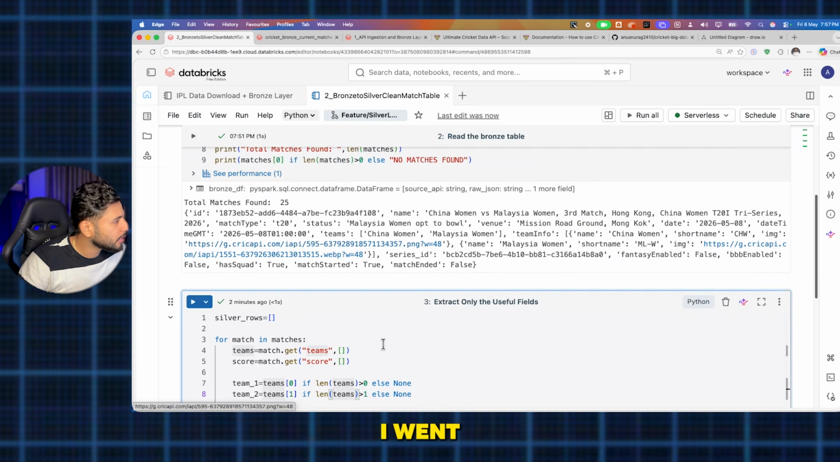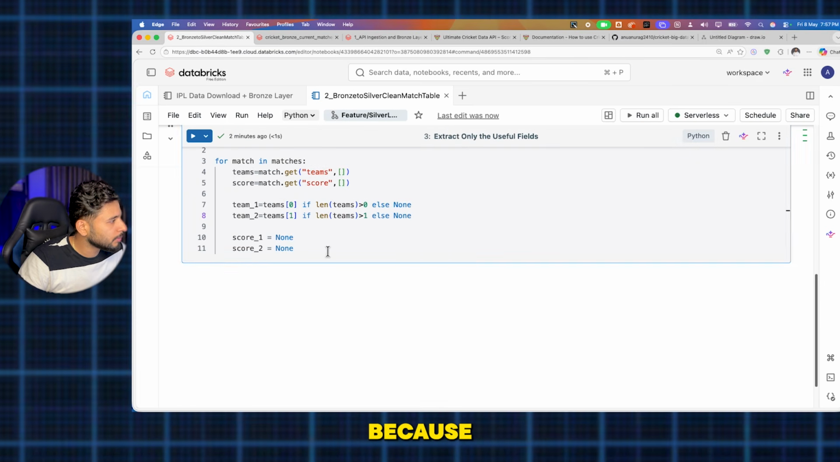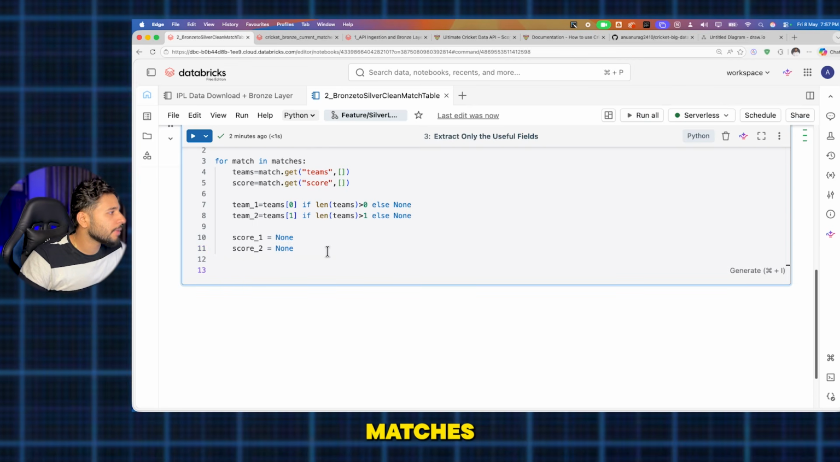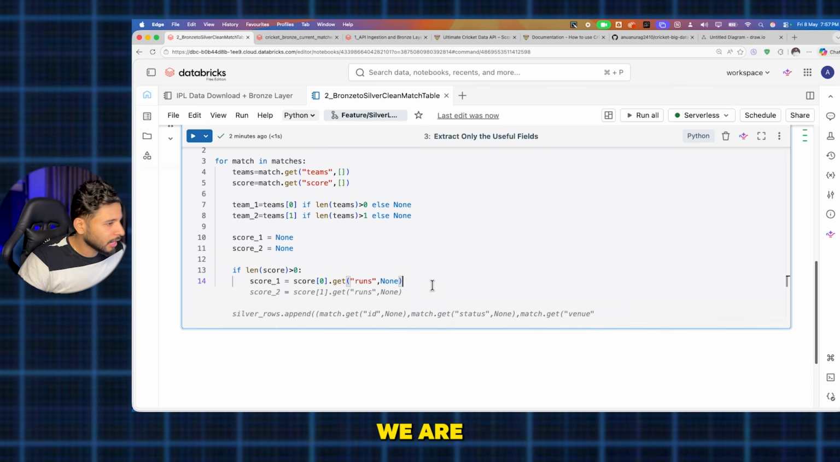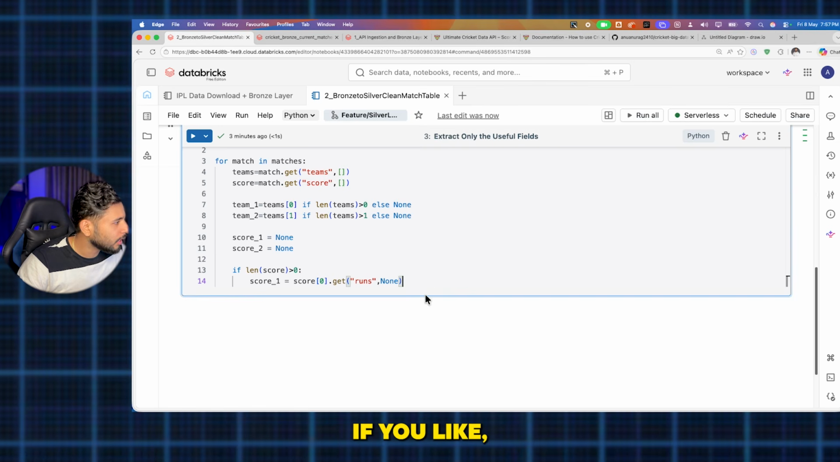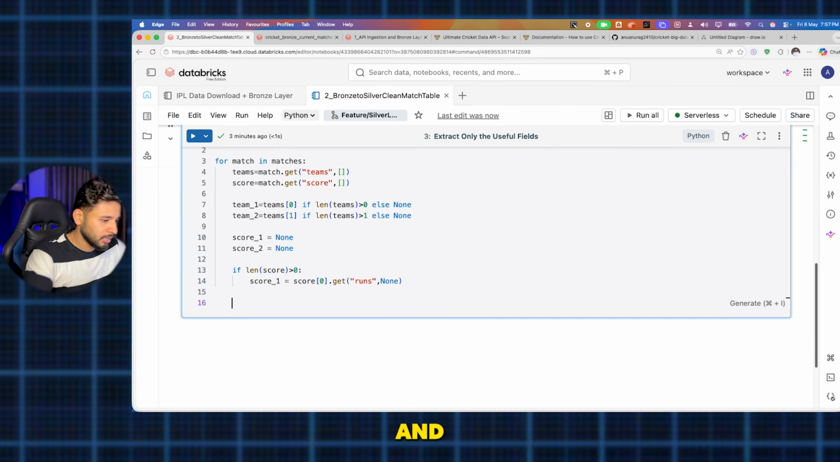I don't know why I went after this showcasing everything into a different cell, but it should be there because we are getting into the matches only. Matches is the main list from where you are getting all those things, so we are writing it like this. And if you print like this, what will happen, I'll show you. If you go inside this and just print